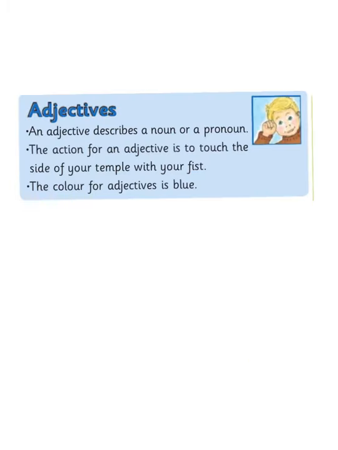Next is adjectives. An adjective describes a noun or a pronoun. The action for an adjective is to touch the side of your temple with your fist. The color for adjectives is blue. An adjective gives more information about a noun or a pronoun. Some examples for adjectives are: